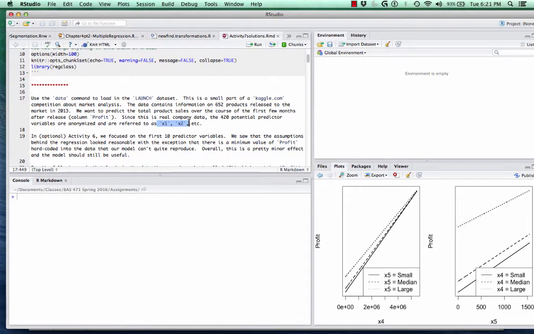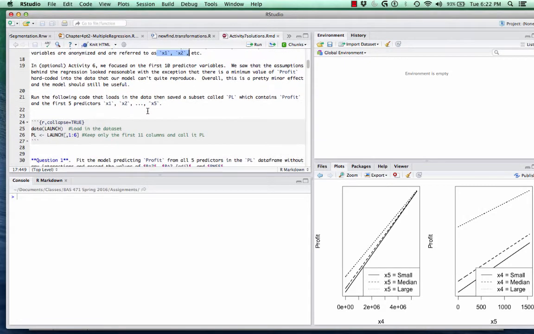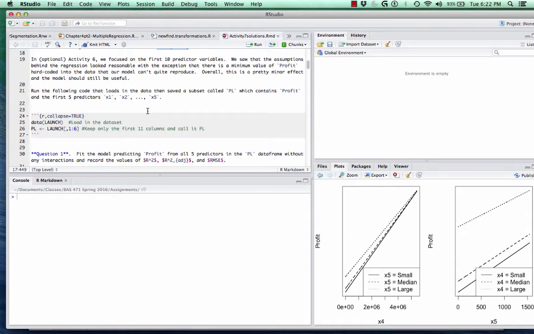But this is a very large data set. The predictor variables number over 400 or so. So there's a lot of potential information that could help us predict profit. Let's restrict ourselves to a smaller subset of predictors to make the problem a little bit easier. So we're going to run the following code